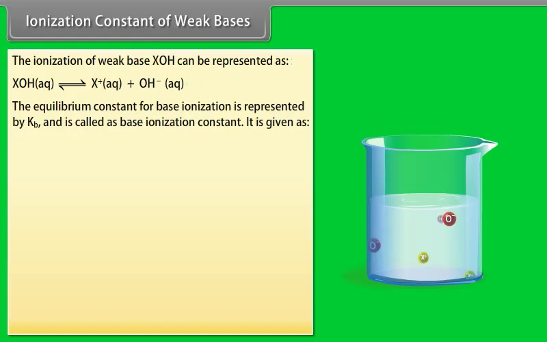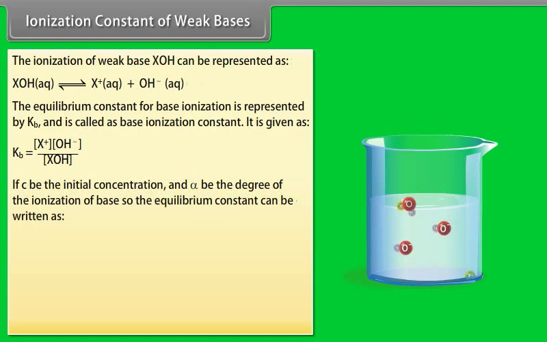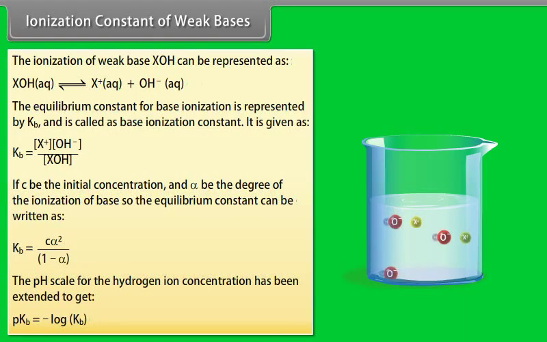If C is the initial concentration and alpha is the degree of ionization of the base, the equilibrium constant can be written as Kb equals C alpha squared by 1 minus alpha. The pH scale for the hydrogen ion concentration has been extended to get